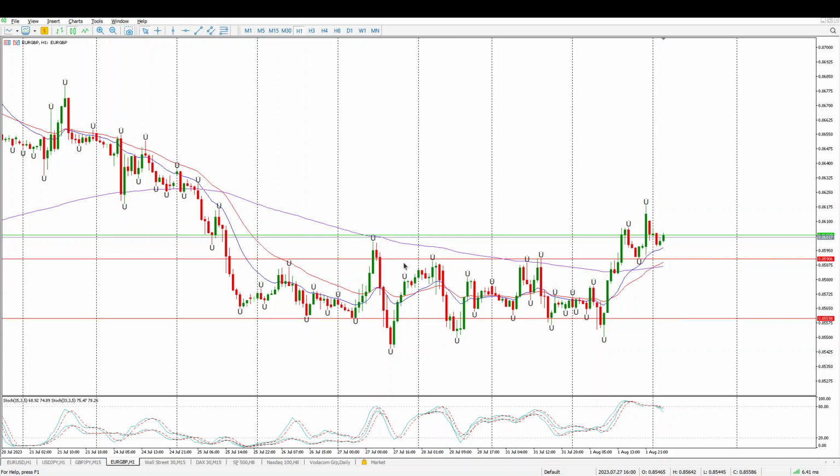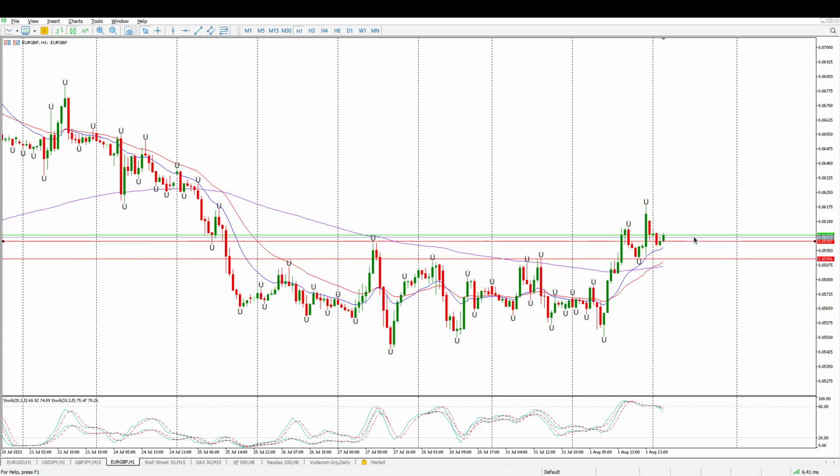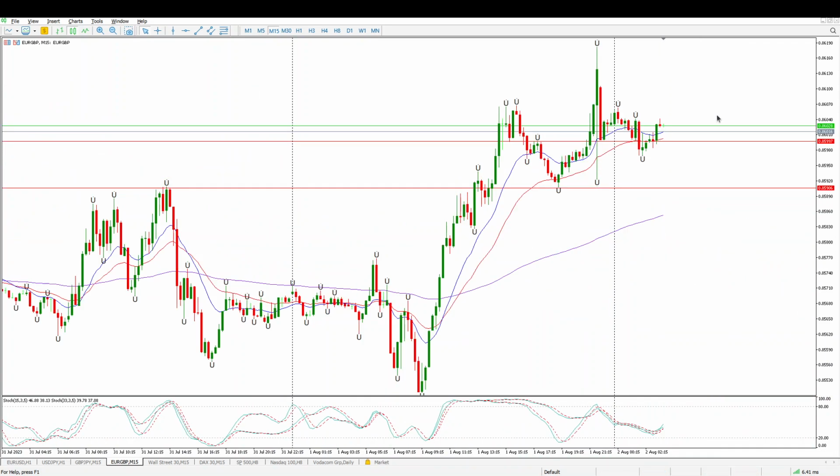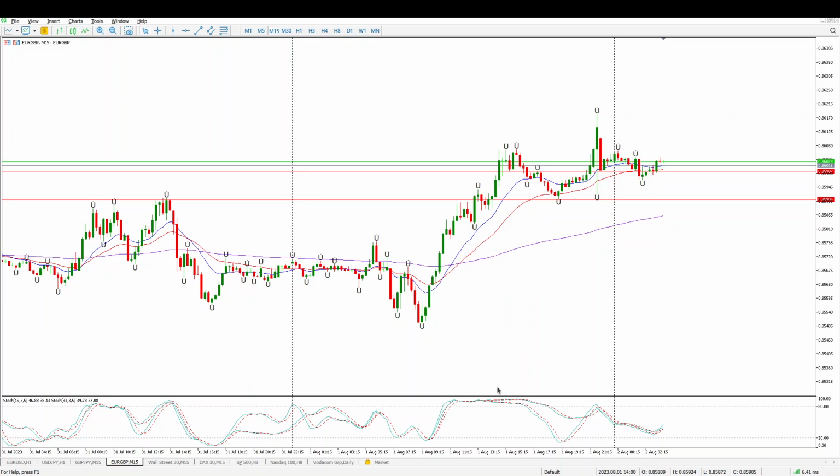So that was tested there, and then this is your previous swing high, and that's what we're busy with at the moment. So I'm looking for support on 0.85997 or alternatively 0.85906, and you'd be advised to do this on a 15-minute chart. The reason I say that is you can see how the oscillators would line up quite nicely and get you into the right position fairly quickly. So that's kind of the view that I've got at the moment.